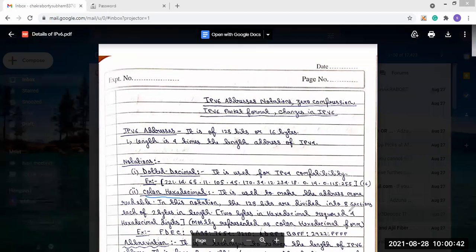Now 16 bits means what? 16 bits means bytes. That means 8 bits equal to 1 byte. So 16 bits means it will be 2 bytes. So that means 8 sections, and each section will contain 2 bytes in length. Now 2 bytes in hexadecimal require 4 hexadecimal digits. So this is the format of our